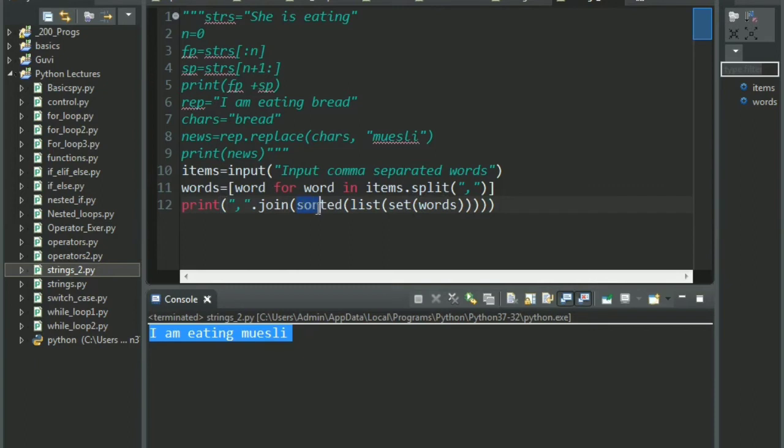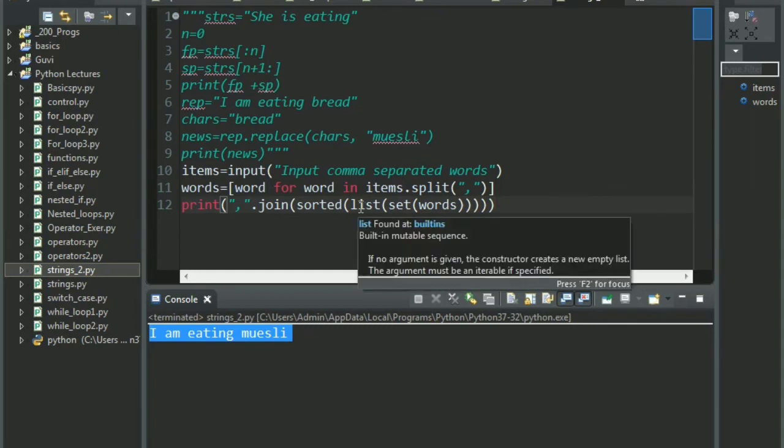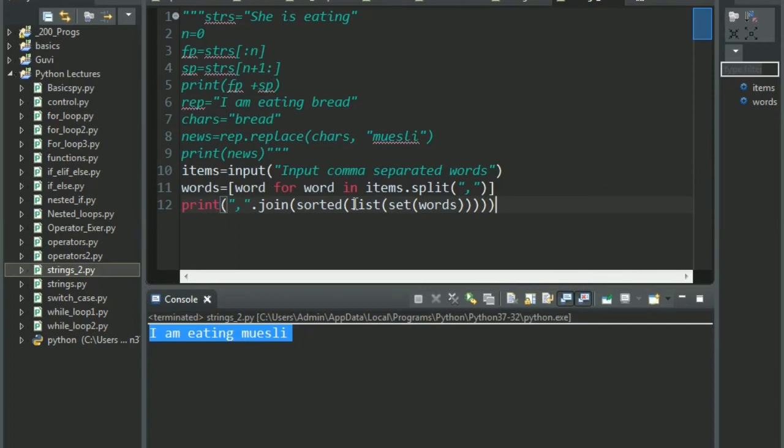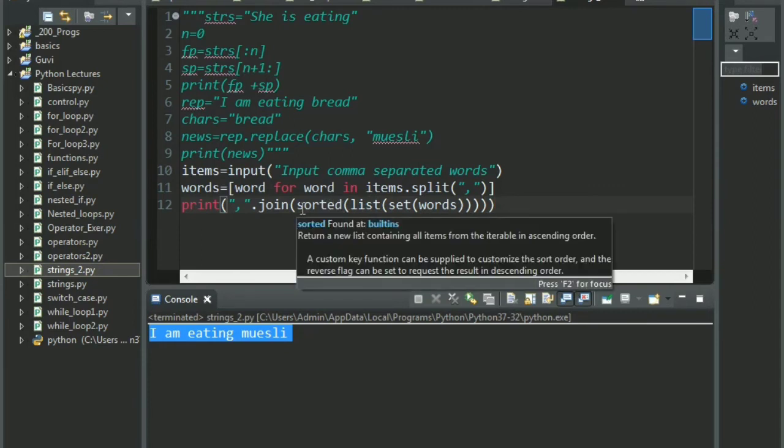Now what does sorted do? Sorted is again a function wherein all the items get sorted alphabetically, exactly what we want to do in the question. So whatever elements or strings are present inside the list, it will sort them alphabetically.